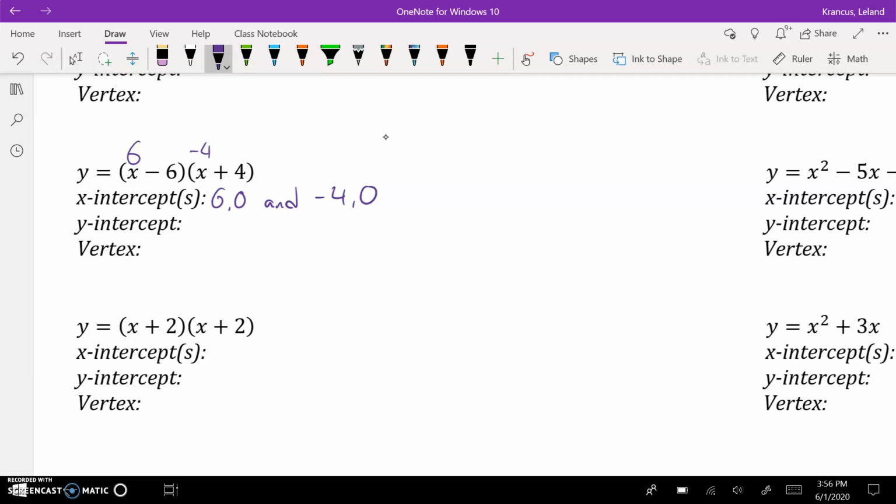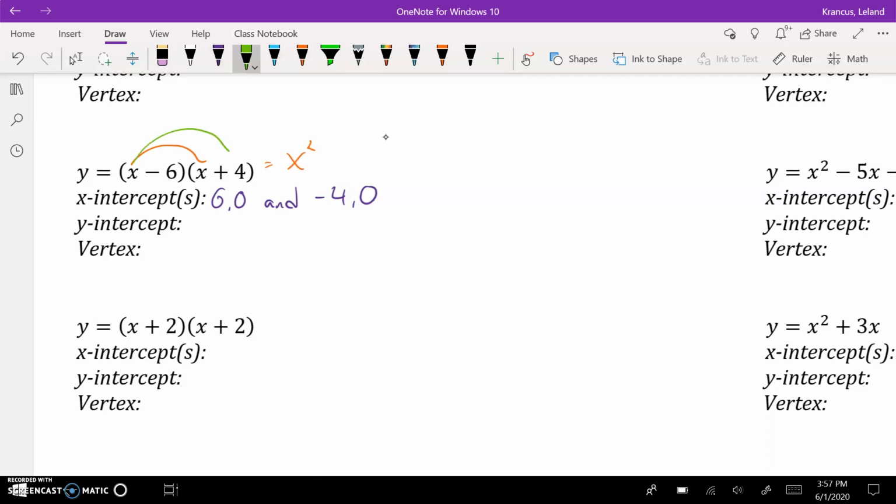Now to get the y-intercept and the vertex, we'll change this to standard form. Although actually you could find the vertex now using these x-intercepts, remember, but we'll get to that later. So the next thing we want to do is use FOIL to do our distributing. So I'm going to do x times x is